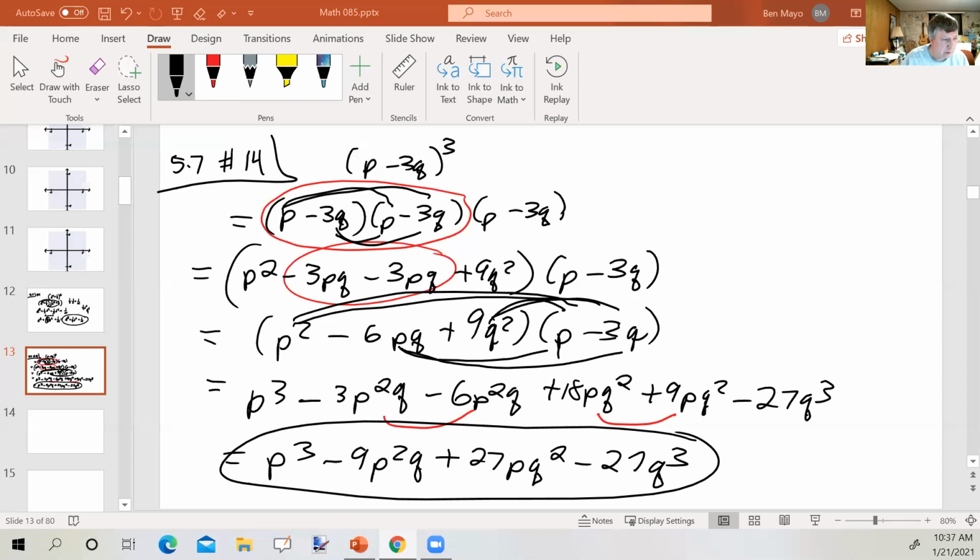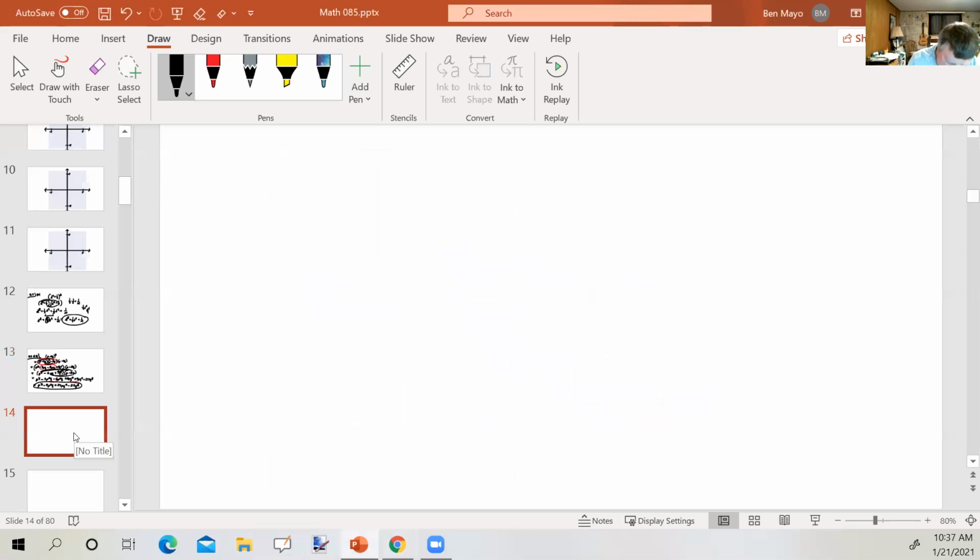5.8, part 1, number 9. Okay, so now we've got a problem. This is out of section 5.8, part 1, and this is problem number 9, and it says, divide the polynomial